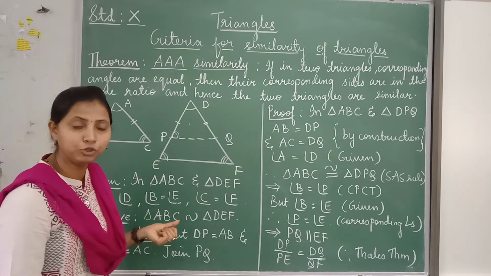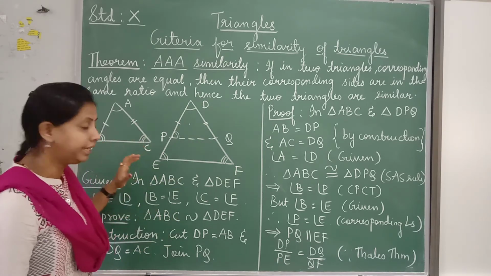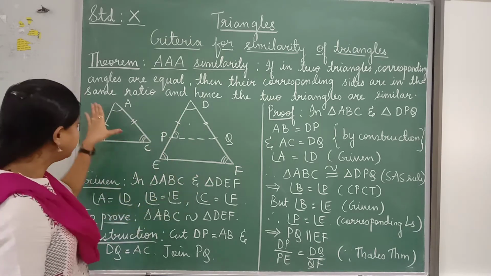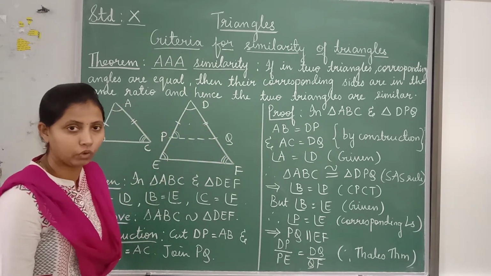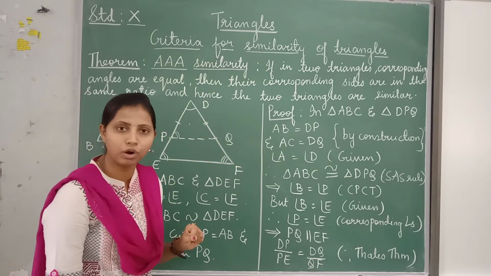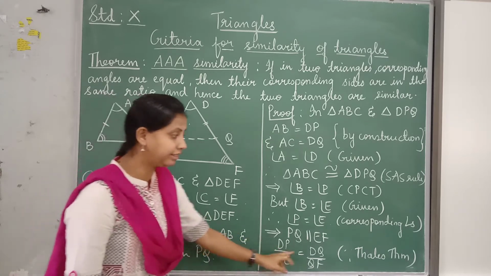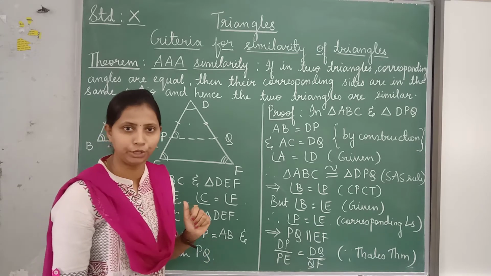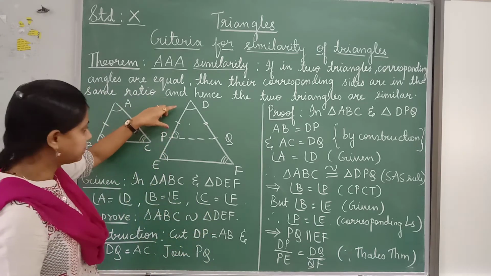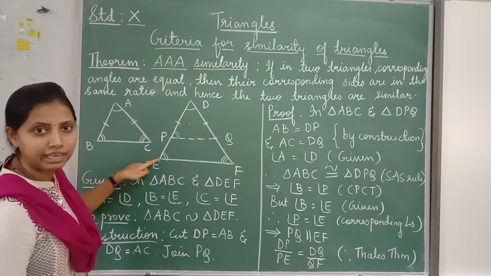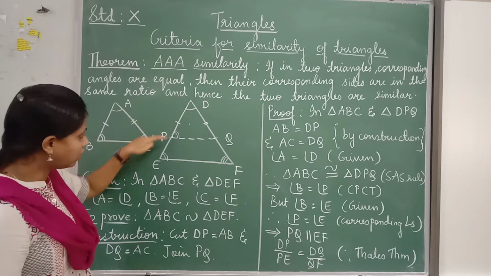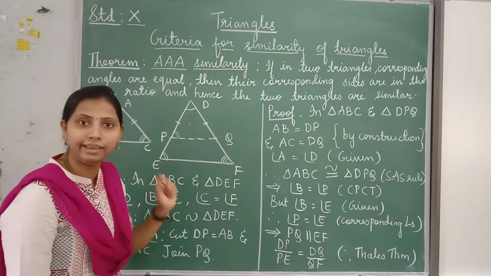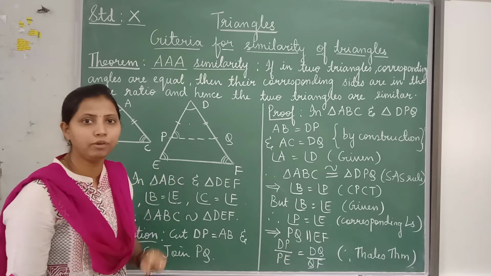But what we need to prove is that the two triangles are similar. We need to prove AB by DE is equal to BC by EF is equal to AC by DF. That we need. So for that we will take the corollary of Thales theorem. What was the corollary of the Thales theorem? I have told you. Yes, we can also write DP by the whole side DE will also be equal to DQ by the whole side DF. Yes, this is the corollary of BPT.